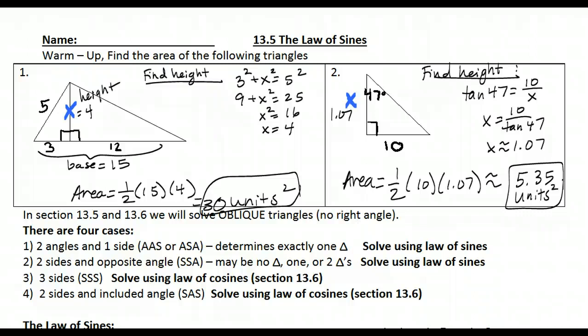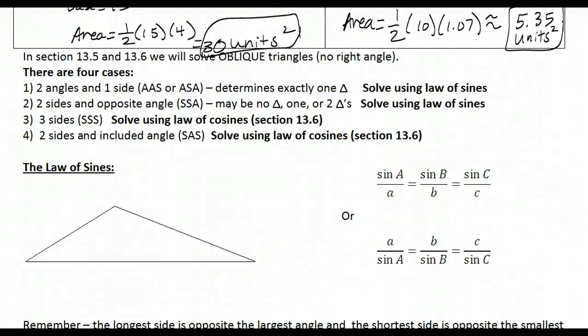All right, so moving right along, in 13.5 and 13.6, we're going to find the missing sides and angles for any oblique triangles, which oblique means it does not have a right angle. Now, there's 4 situations depending on the information we're given. I have them listed here. If I know 2 angles and a side, that determines exactly 1 triangle. If I know 2 sides and an opposite angle, it could be no triangle, 1 or 2 triangles,